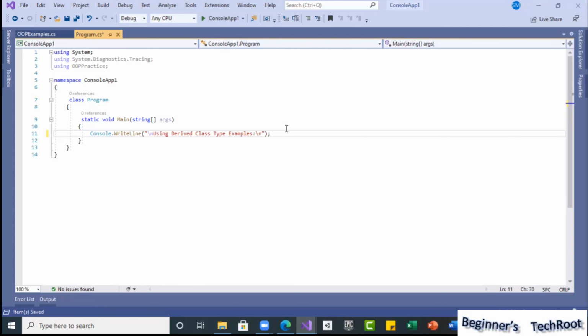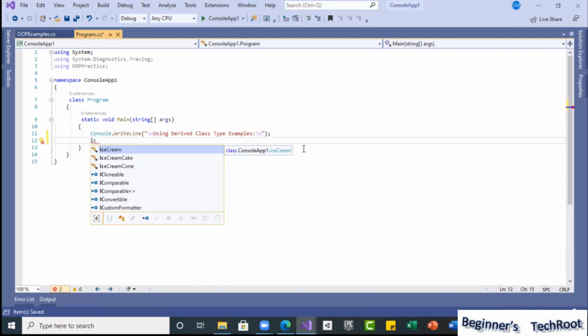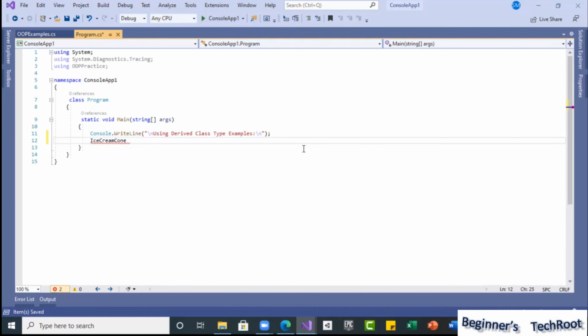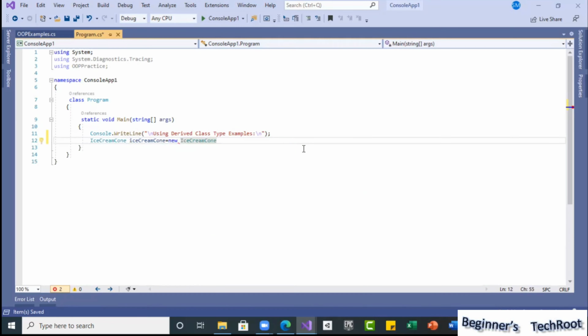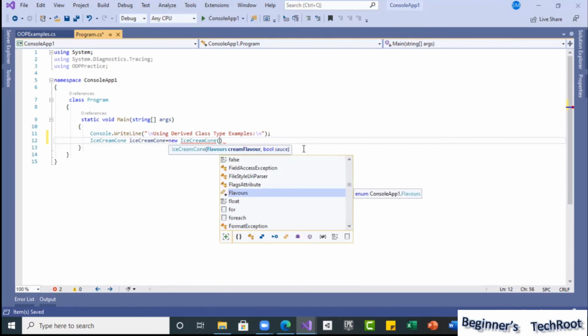Okay, I will just write a message for our understanding. So now with the derived class, I will create the objects. I will create an ice cream cone object. I will declare the variable like this, and then while creating the object for ice cream cone, we have a